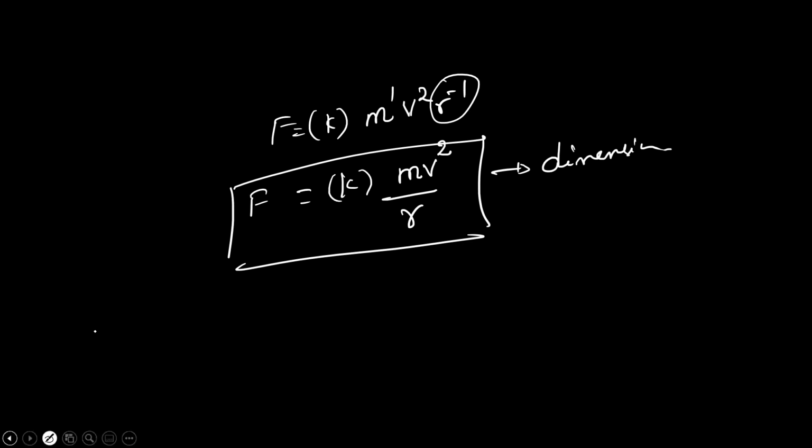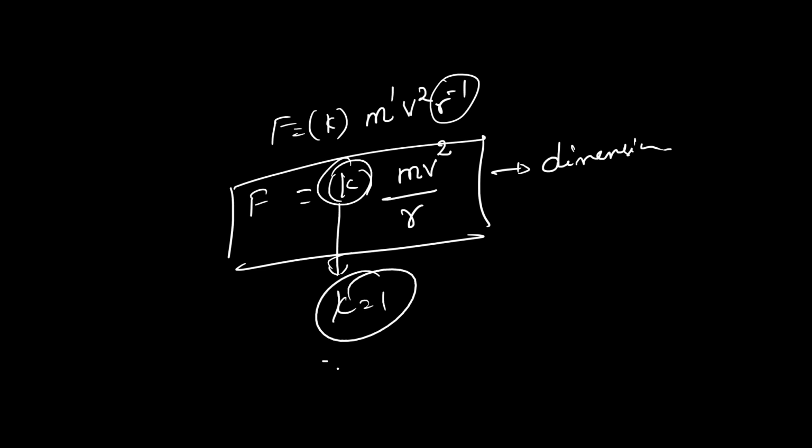But this constant you don't know experimentally, but I'm telling you now experimentally that the constant is equal to 1 as of now. But that can be anything. From dimensional analysis, you cannot say. It can be 2, it can be 2.5. You cannot find the constant from dimensional analysis. As a physics teacher, I'm giving you this: it is 1.